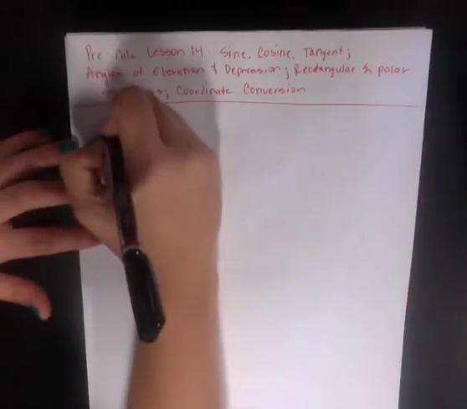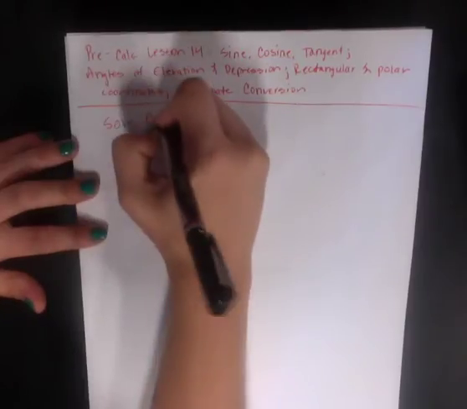We're going to talk about sine, cosine, and tangent, which is a review of Algebra 2, angles of elevation and depression, rectangular and polar coordinates, and coordinate conversions. So, let's first talk about SOHCAHTOA,